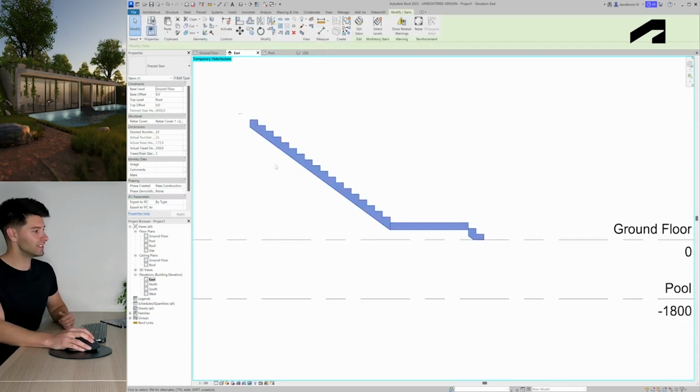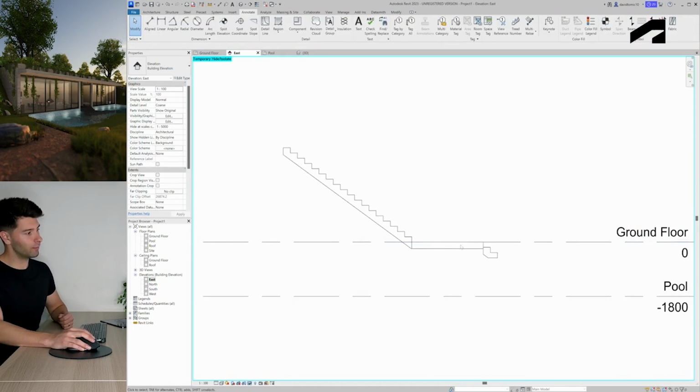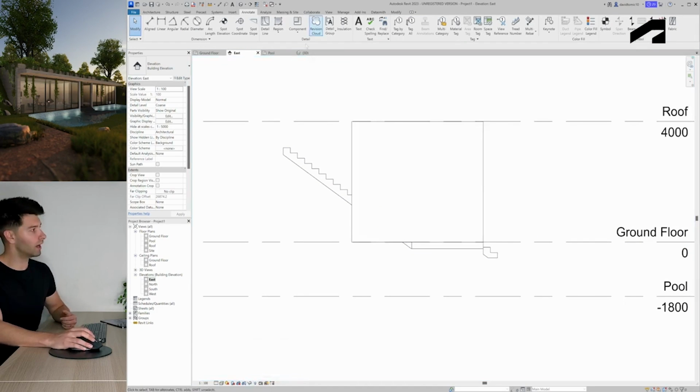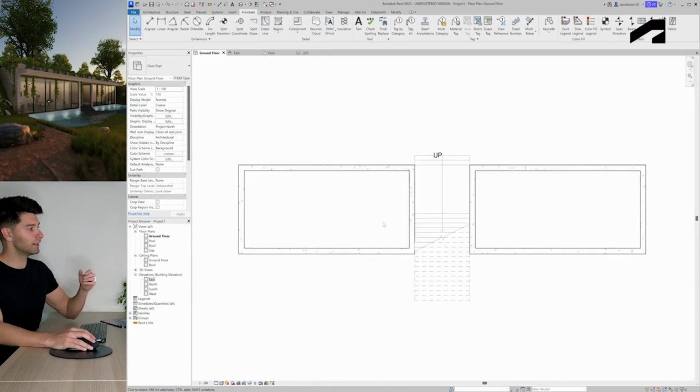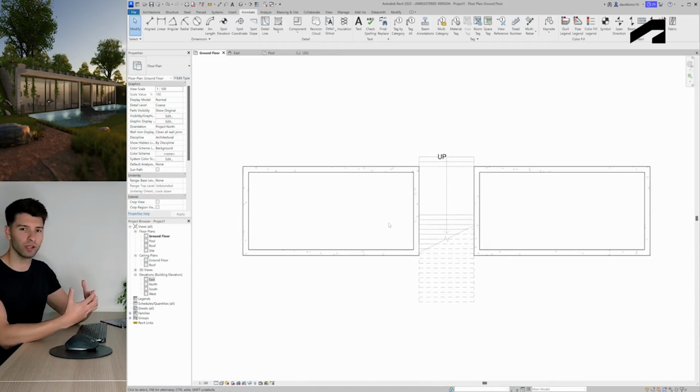All I have to do now is select my staircase and offset the base by -521. And now we can see that the base of our landing is perfectly level with our ground floor. Coming down to the bottom to these cool little sunglass looking icon, hit that, reset temporary hide, and everything will come back to life. Now let's jump back to our ground floor plan and start modeling the rest of this